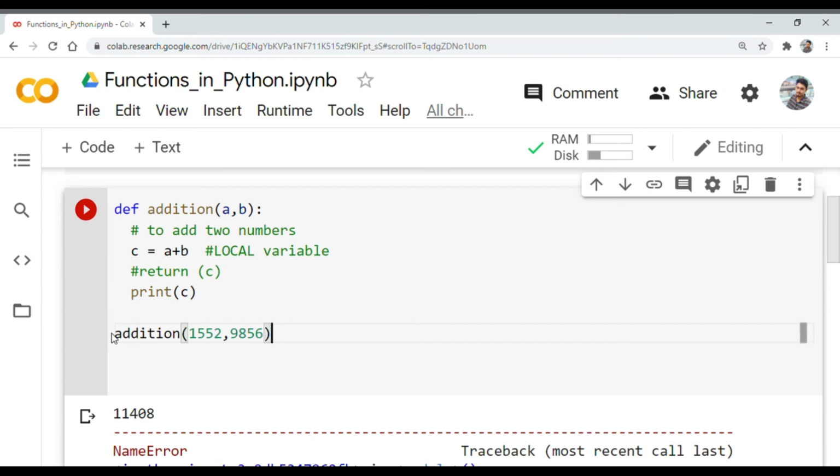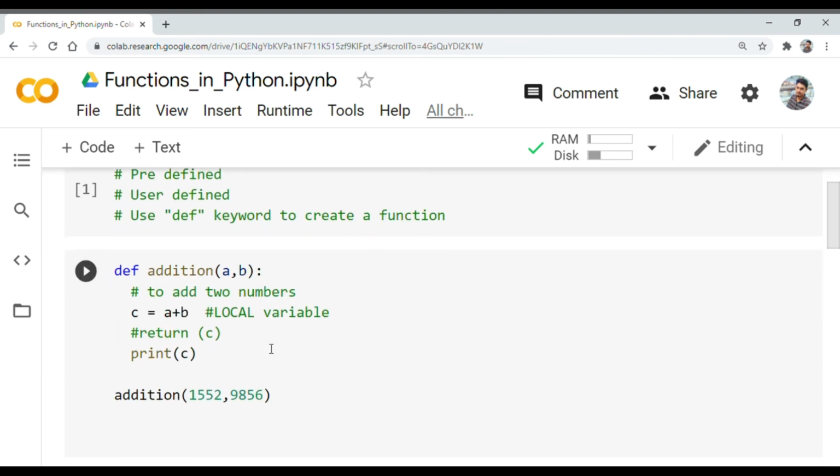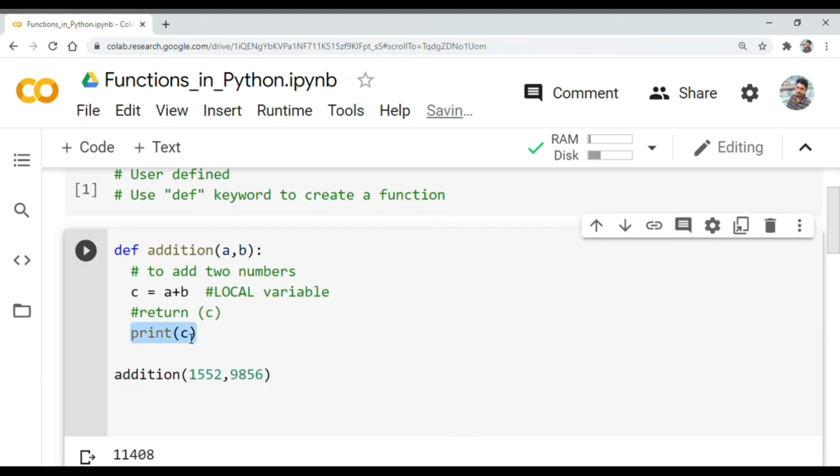We are just calling the function, addition of 1552 and 9856. We are not printing it, we are just calling it, but it prints automatically because there is a print statement inside the function. Now c is accessible because it is a local variable and the print statement is also inside that range. I hope the concept of local and global is clear to you, and let's proceed.